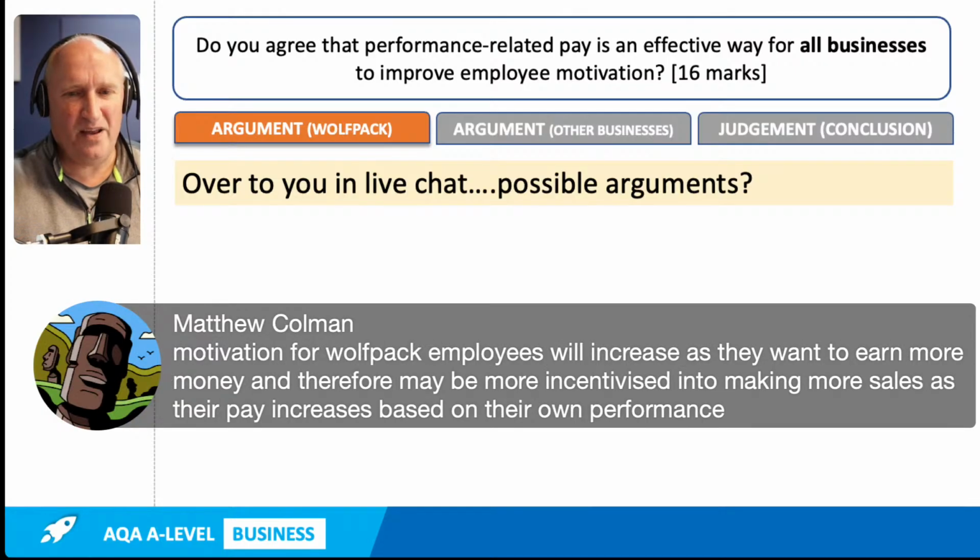Yeah, Matthew's basically saying, look, in a sales-orientated business like estate agency, where you only survive if you make sales, you need incentives to make sales. That's what you need. Performance-related pay works really well in environments like estate agencies, where you need sales in order for the business to succeed, in order for people to thrive. It attracts a certain type of person, doesn't it? Superb stuff. I love it.